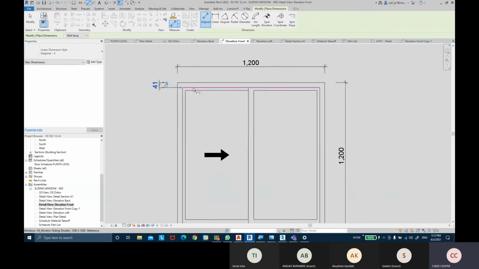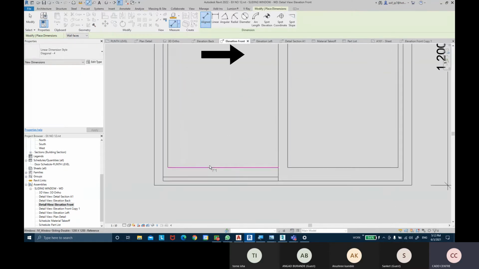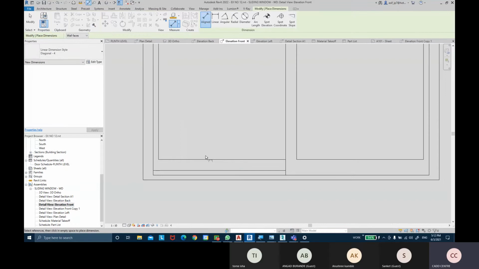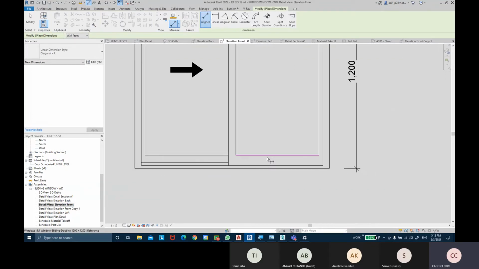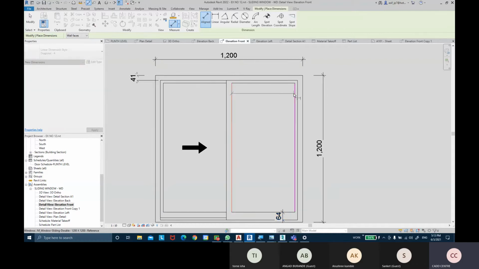And it's actually 41 mm. This is 23 mm. Be more actually. 64. You can give total dimension details.